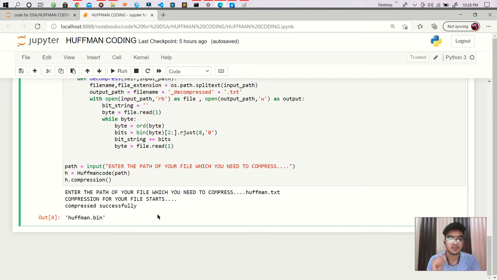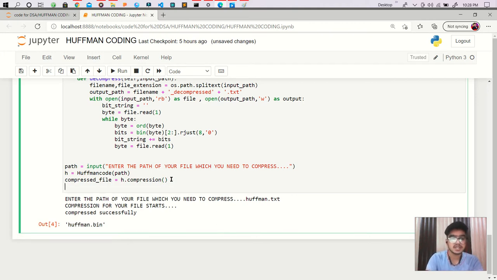When we invoke the compression function, we get our output file, which is the compressed file, and let's take that file in a variable, something like compressed file, and I am storing it there.